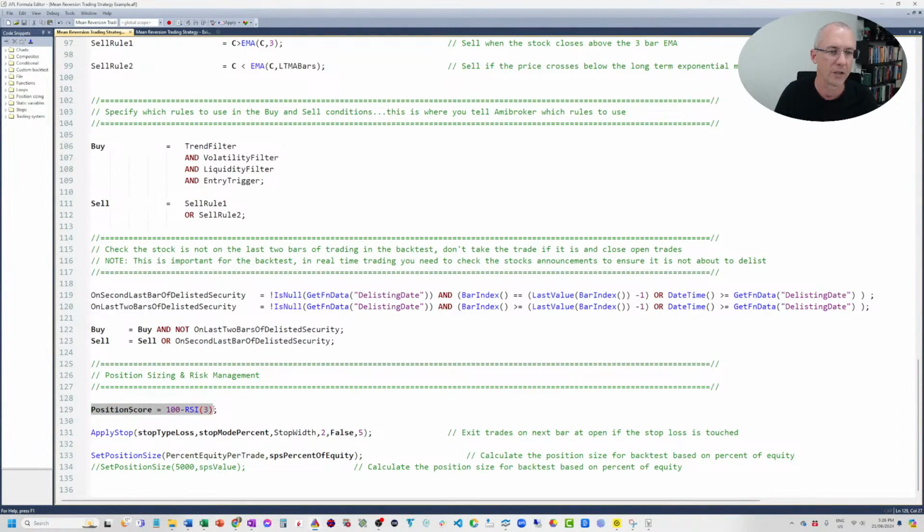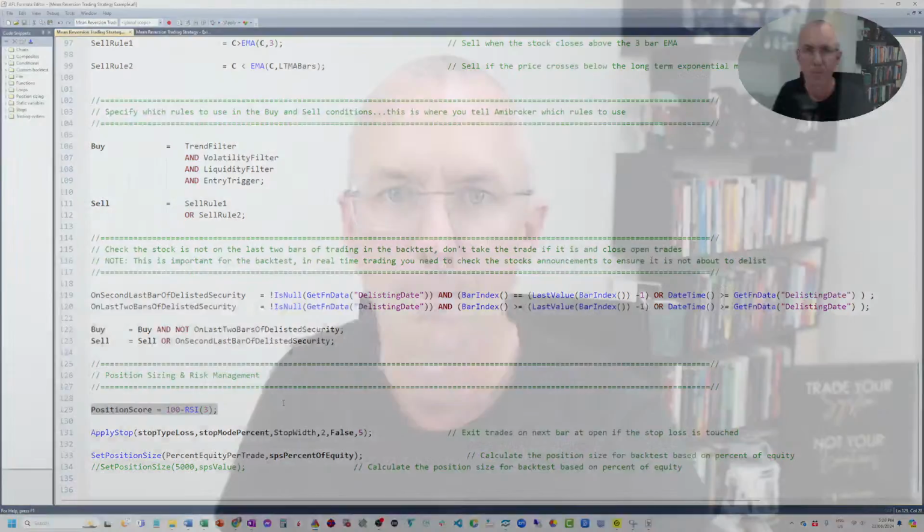And for position sizing, we're using a percent equity per trade model, and it's 10% equity per trade. And we're ranking these on the most oversold gets the capital first. So if we have more signals than we can take, the most oversold on the RSI gets the signal. So this is a pretty simple mean reversion system, and I've got the results of the standard backtest right here